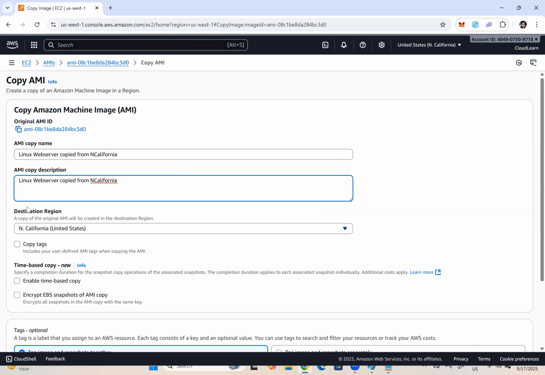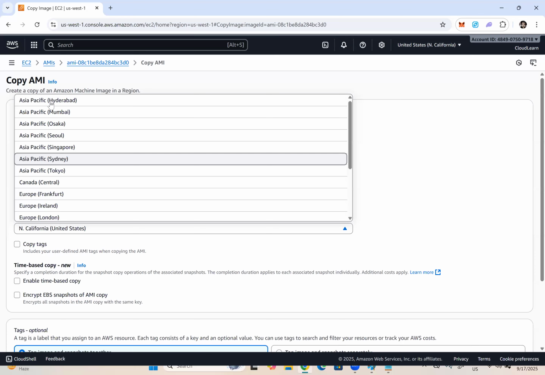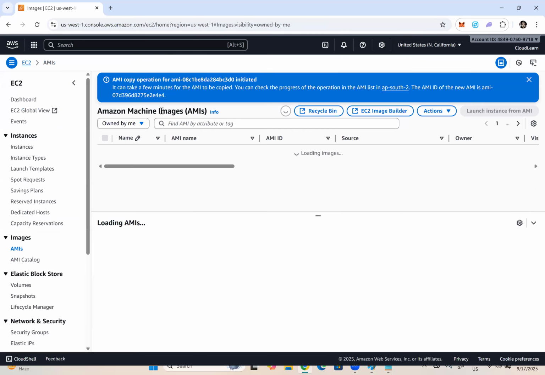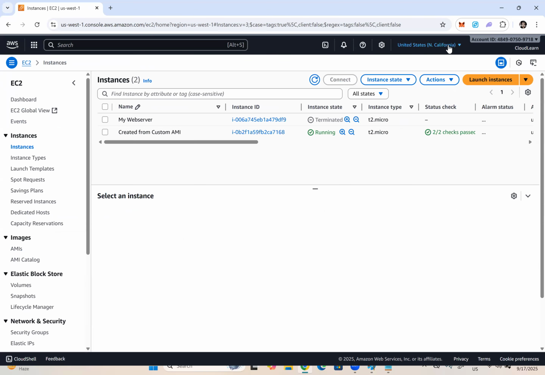Description. Destination region means the region to which you would like to copy. I would like to copy to Hyderabad, so let me select it and click on Copy AMI. That's it. Now what we have to do is just switch to the Hyderabad region,